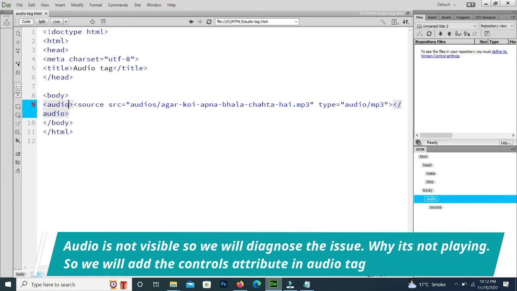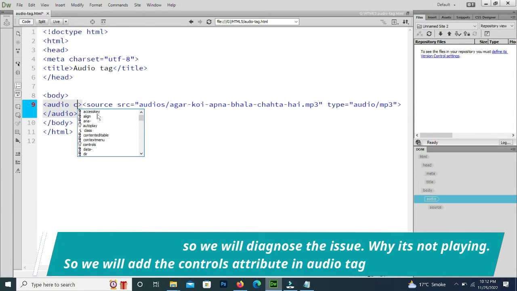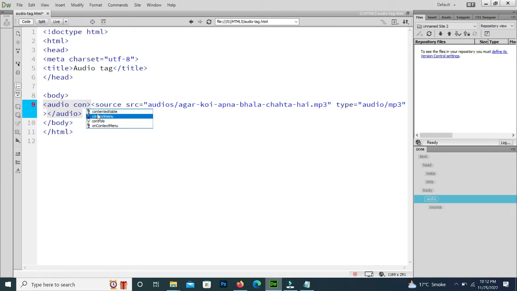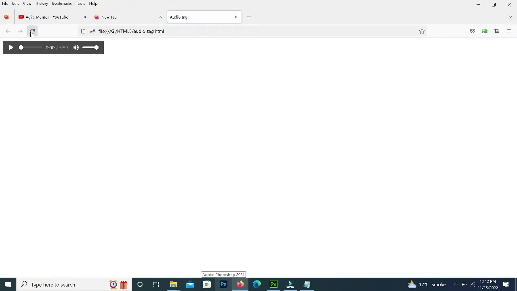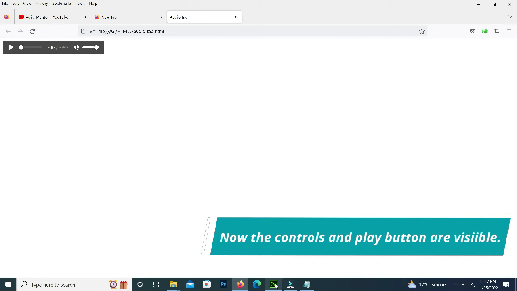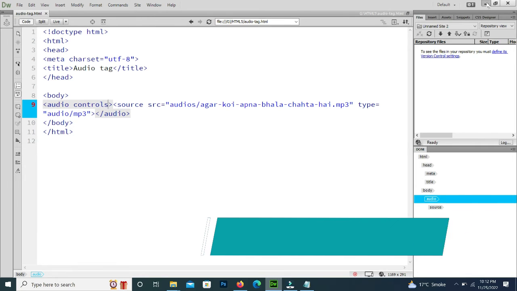It's not visible here, so for this I will type controls. Now the controls are visible, right? If I play,